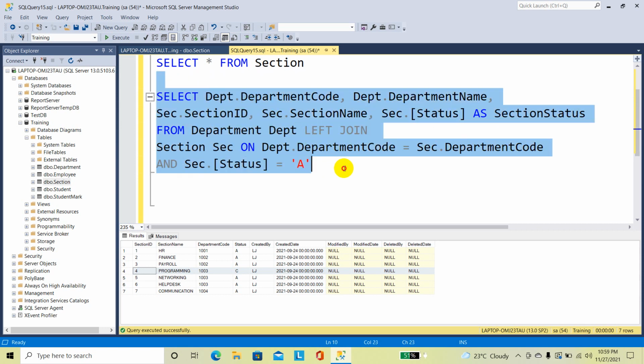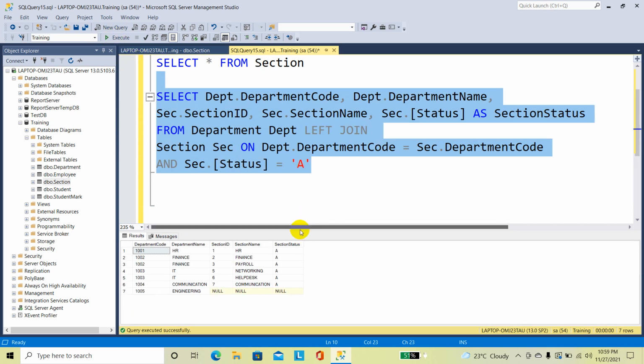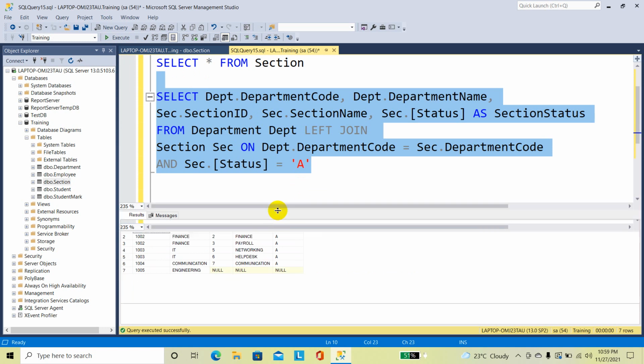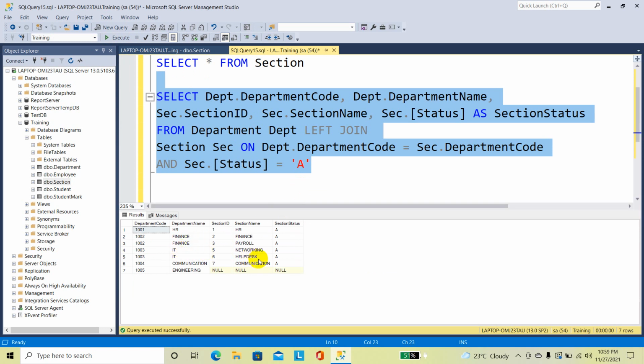I'm going to select the statement and execute. Now you can see the programming section is excluded from the list, but the engineering department is displayed here with the section ID null, section name null, and the section status also null.